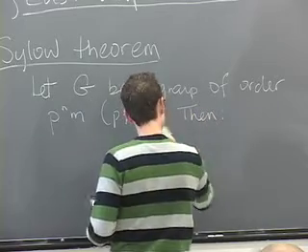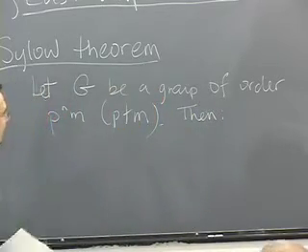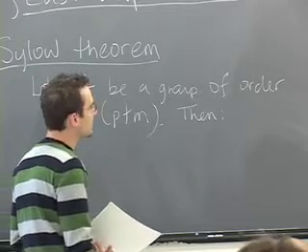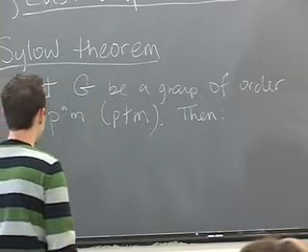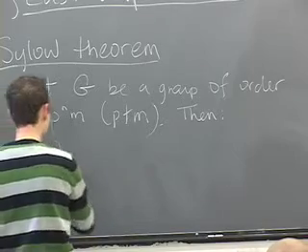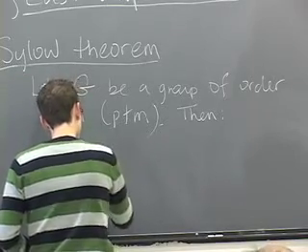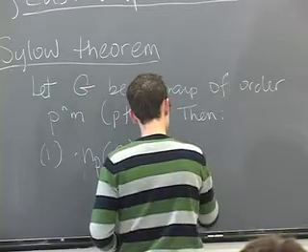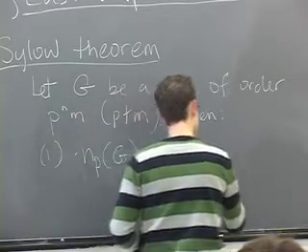And what we found, by a clever analysis of the group acting on its subgroups of order p^n by conjugation, is that, first of all, the number of Sylow p subgroups,